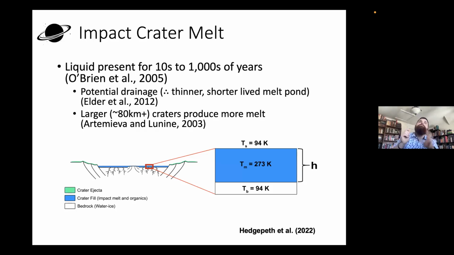These melt sheets, while geologically thin, could survive for at least tens, likely even hundreds of thousands of years, depending on the type of scenario we're talking about. These estimates will depend on how thick it is, which will depend, of course, on drainage and how big the crater is. Selk is a pretty decently large crater, 80 kilometers, which is why they're going there. But what I'm interested in is this bigger question. Okay, you want to get these samples, you want to get these tholins, these potential biomolecules that could have formed in this melt sheet after the impact crater formed, because there is going to be some mixing, which we've done estimates on. I talk about it in my paper.